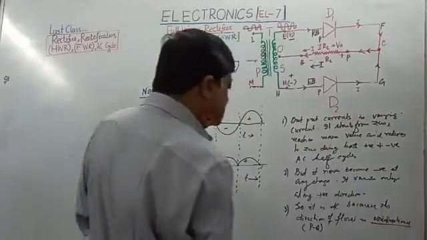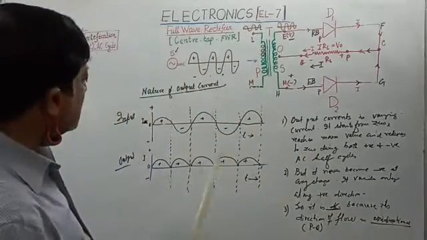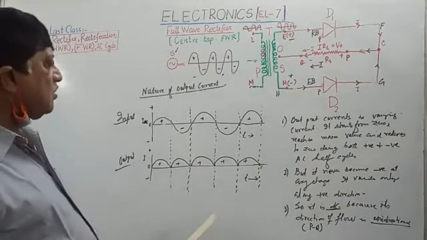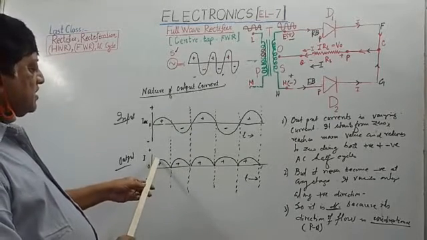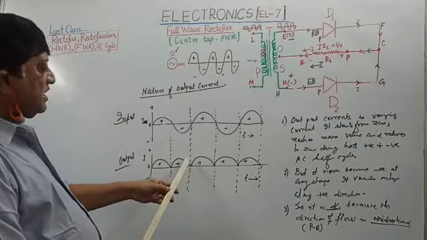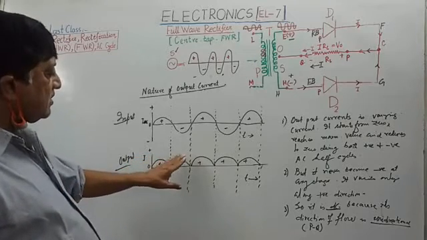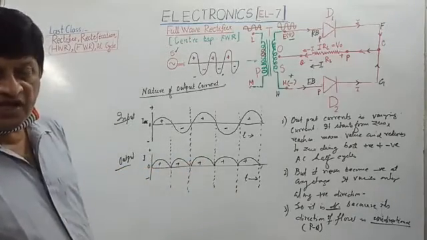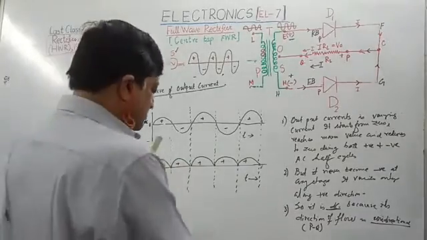That's why we say the current is unidirectional, that's why it is DC. But is it a simple, constant DC? No, you see the output current starts from 0, becomes maximum, then 0 again; starts from 0, becomes maximum, again 0; starts from 0, becomes maximum. So you can say the current is appearing along the same direction, no doubt about it, but as pulses. That's why such a DC is known as pulsating DC.